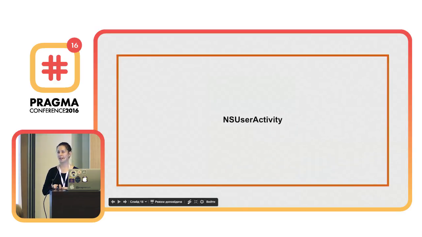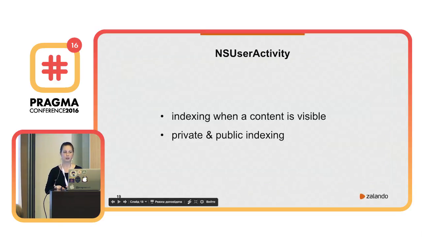What's next? It's actually an NSUserActivity, but we always have these activities when we work with the AppDelegate method. But this specific user activity is our custom user activity, the one that we create for each screen that we have. So what is the purpose of this NSUserActivity? It is to index the item the user sees on the screen. The index activity, for example, I open the screen, this is my activity, I remember it. And this can be public or private.